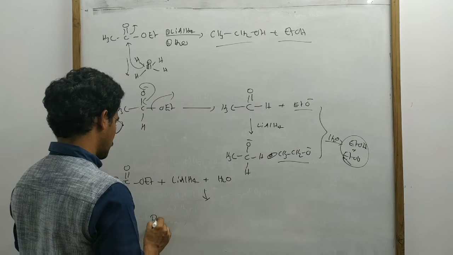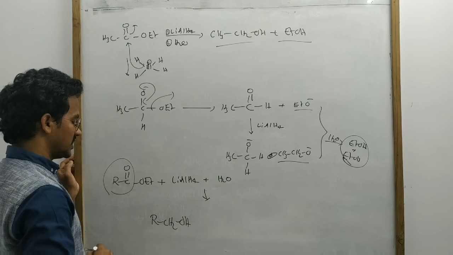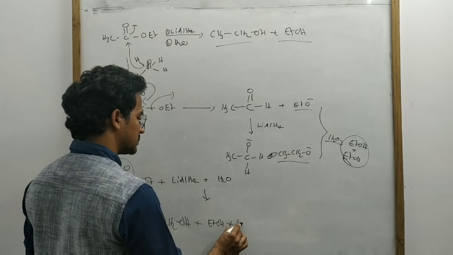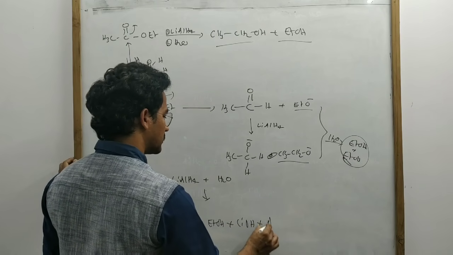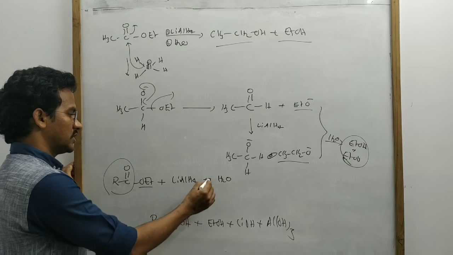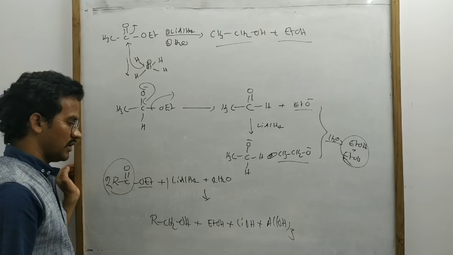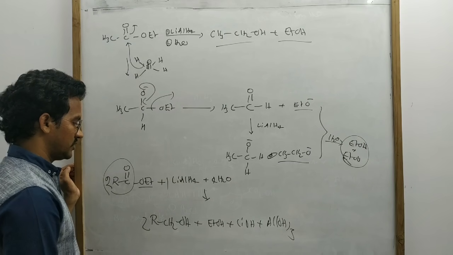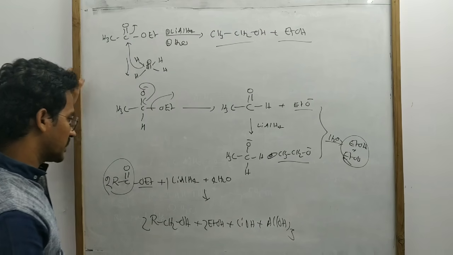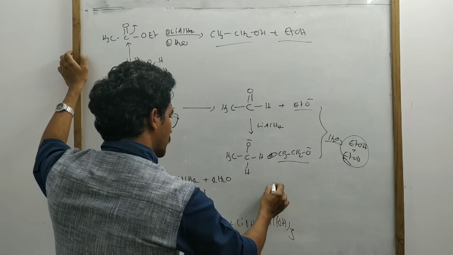That produces RCH2OH, and ethyl alcohol plus LiOH plus Al(OH)3. That's it. I think here 4 moles of water and 2 moles of ester, giving 2 moles of this product and 2 moles of ethyl alcohol. So again the main point is that 2 equivalents of the ester